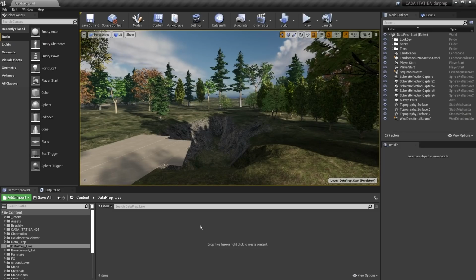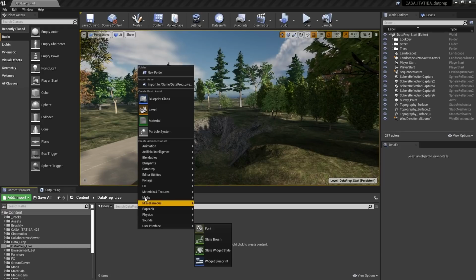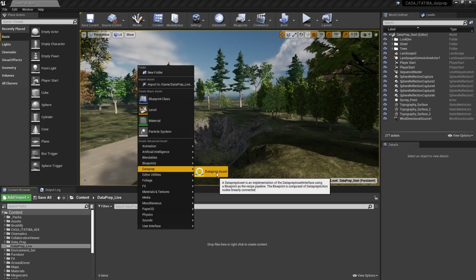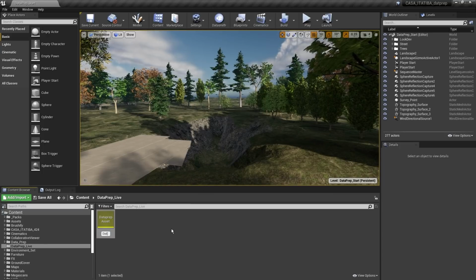Okay, so with our plugins installed, we're ready to begin working here. We're going to first need to create the Data Prep asset. The reason is we're not going to be using the normal Datasmith import process. Instead, we're going to be importing through the Data Prep tool. To do that, we need to right-click, and then we should find the Data Prep category here, assuming our plugins are fully installed, and then Data Prep asset. And now we can rename this to Data Prep ArcViz.